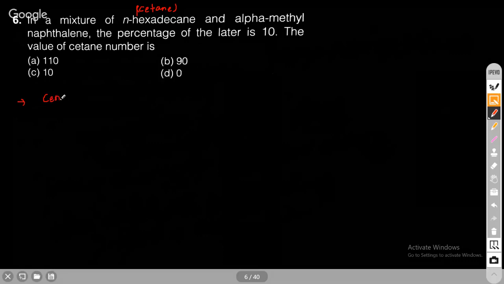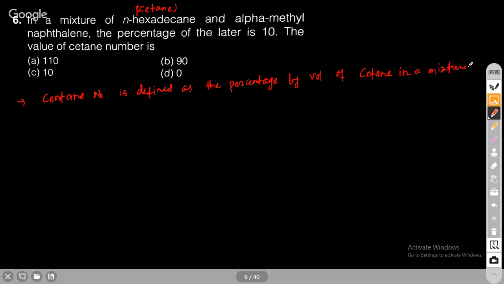The cetane number is defined as the percentage by volume of cetane in a mixture of cetane